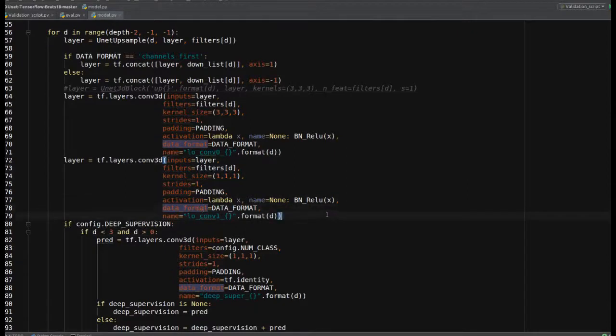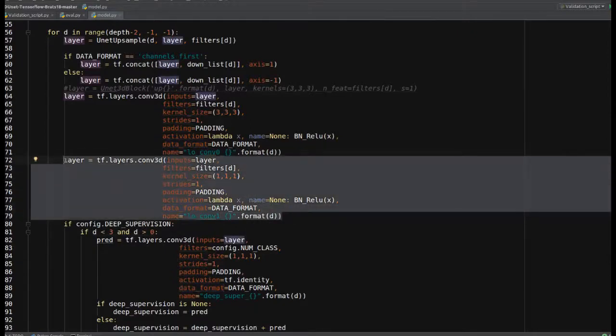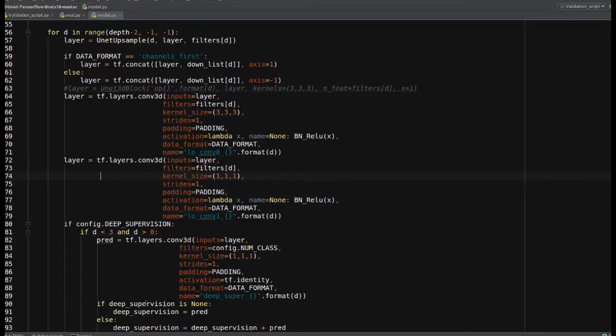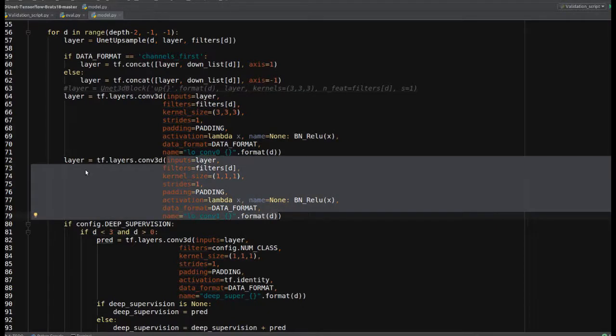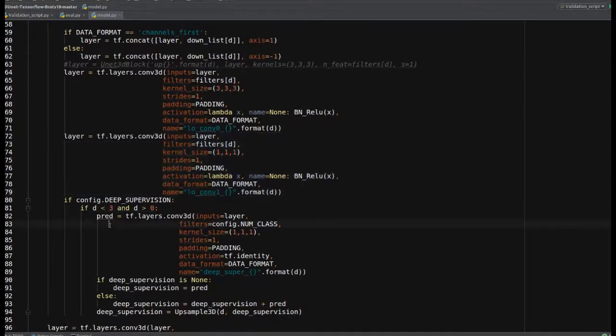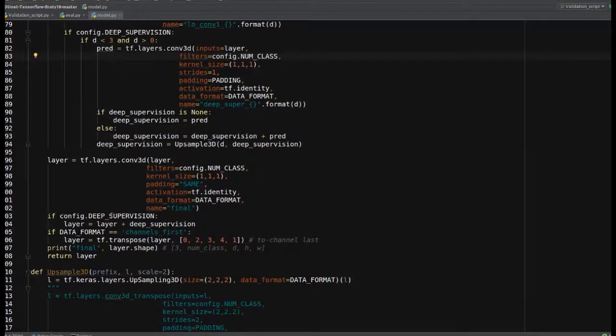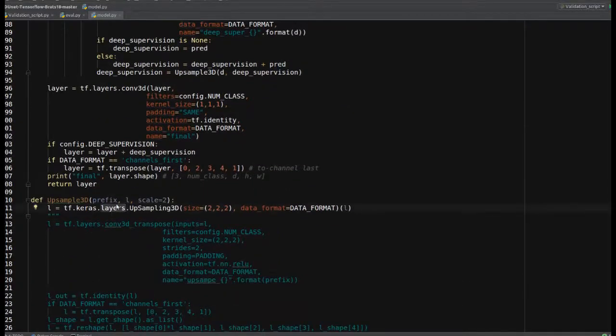So this is my convolutional 3D layer, which takes input, and the input size I have already shown you in the placeholder, and each layer decomposes and does high-dimensional feature analysis. Once the decomposition is done, for the reverse mapping, for simplicity you can use TensorFlow Keras 3D transpose, or directly TensorFlow, or you can use upsampling 3D, which works on top of TensorFlow and does similar things to what convolutional 3D transpose does.